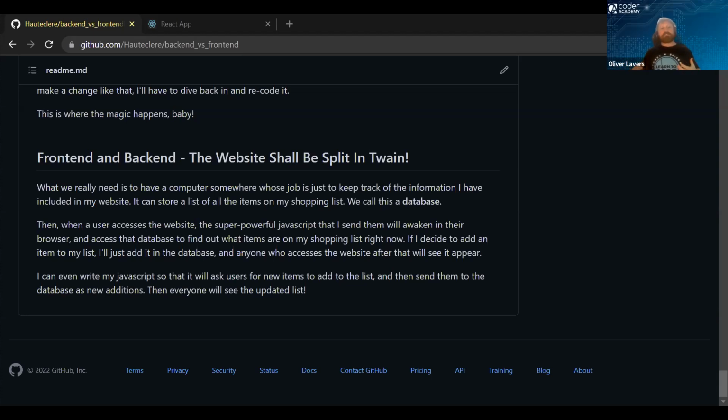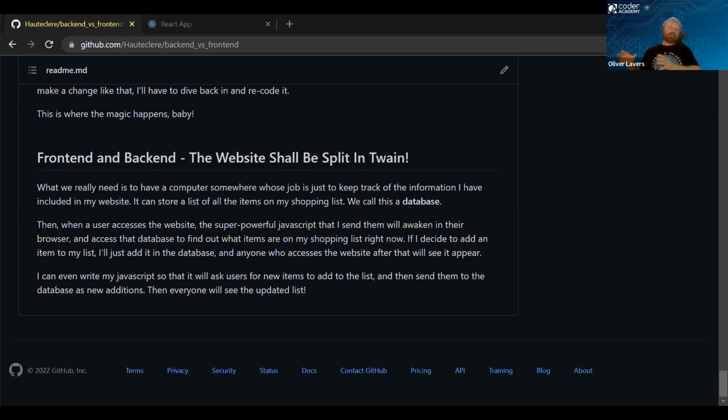The back end is just everything that goes on behind the scenes to render up that information that the website needs. So I can set up a database on a server somewhere that contains usernames, passwords, images, shopping list ingredients, any other information that I want to become available in my website. And that will all be confined to the back end. The only job of that system will be to make information available.